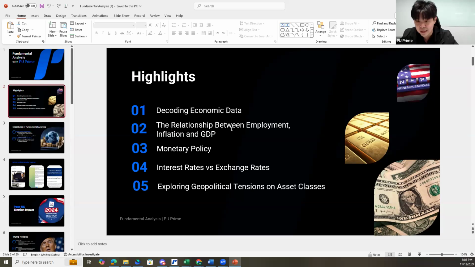And then how this economic data performance is going to affect the monetary policy of the Federal Reserve. After the economic data has been released, if the US economy is good or if the US economy is bad, what to expect from the central bank or the Federal Reserve. This is also a major thing that we need to continue keeping an eye on, because monetary policy decisions,